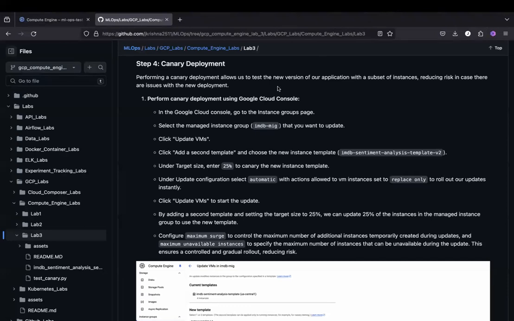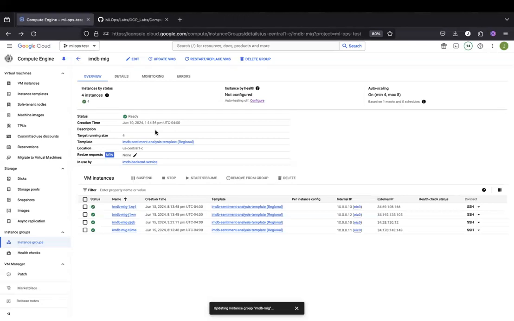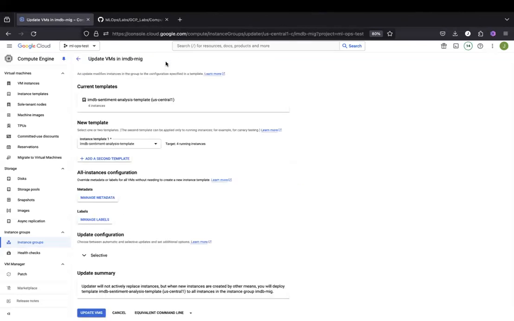In the next step, we'll be performing a canary deployment. A canary deployment would allow us to test the new version of our application with a subset of instances, reducing the risk in case there are any issues with the new deployment. For our canary deployment, let us navigate to the instance group. Here, we'll be updating the VMs